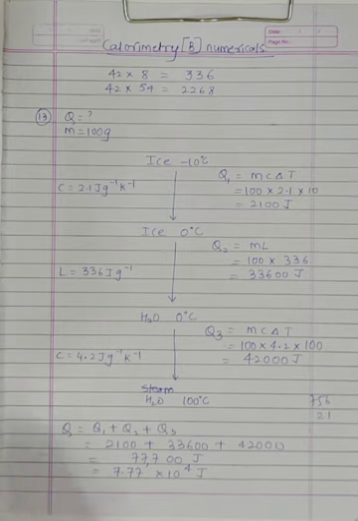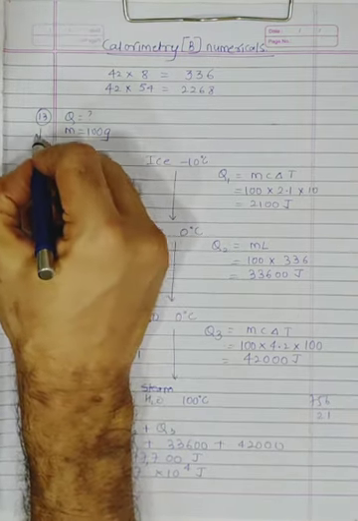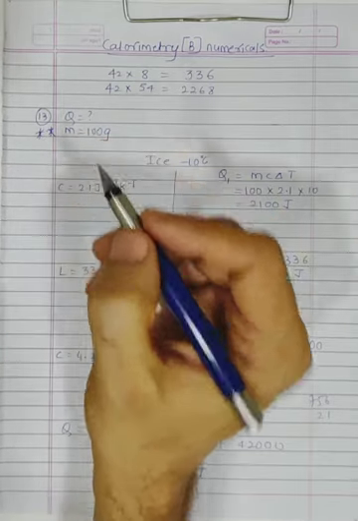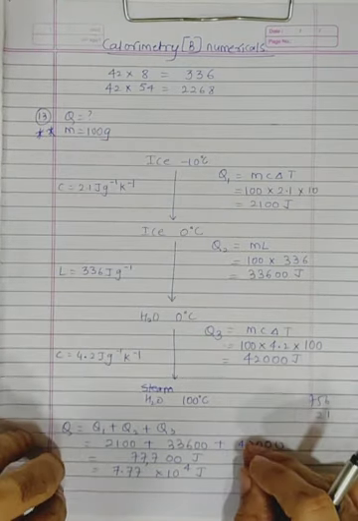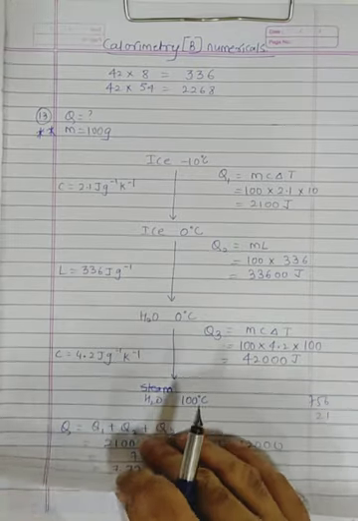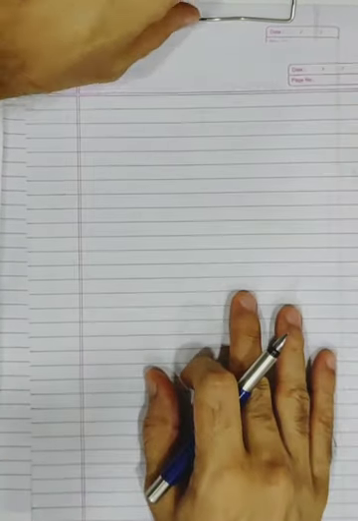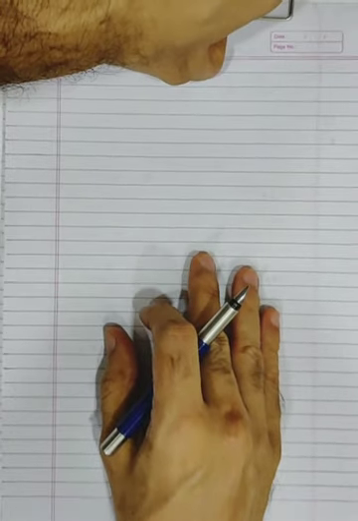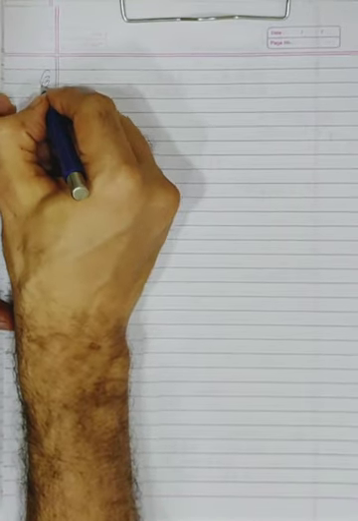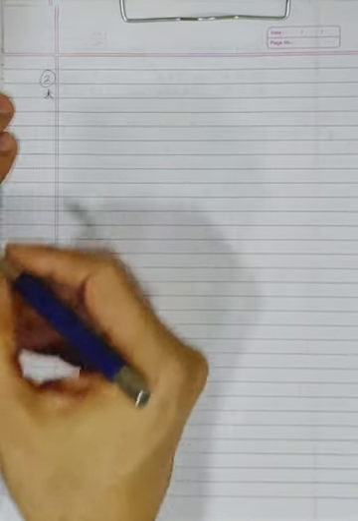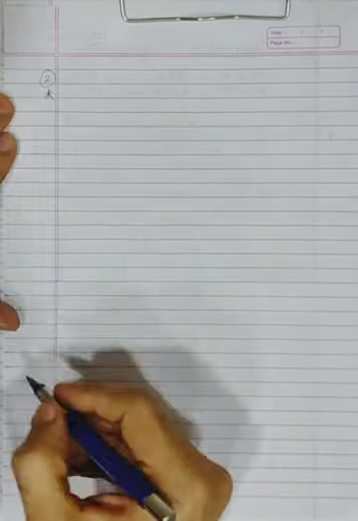Okay, so this was 13th one. I am marking it as 1 star or 2 star, not because it's difficult, but it's a very standard type of a problem, and they do ask this type of problems also in the exams for 4 marks. That's why. Now the next problem we are doing is the problem number 2. Okay, you will be able to do problem number 2 on your own. So if you want, you can pause the video and try it on your own. Okay, pause it if you want to.